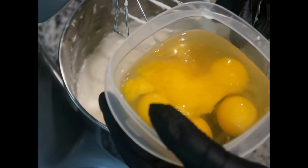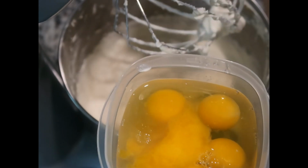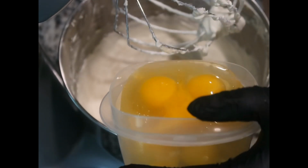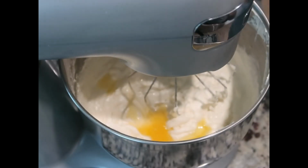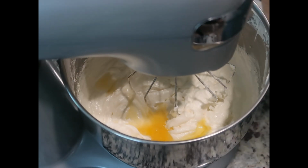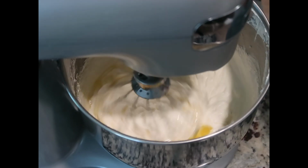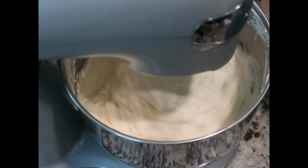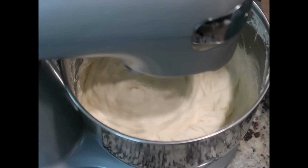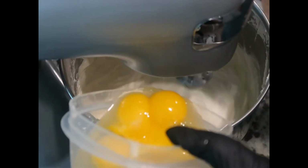Here are my 6 large eggs. And you also want to make sure to crack in a separate bowl because we don't want to get any shells in our batter. And now I'm going to mix at a medium speed. So I was creaming my butter and sugar on a 12. I will mix the yolk in probably at about a 4. 1, 2, 3, 4. Okay, the yolk has disappeared, so let's add in our